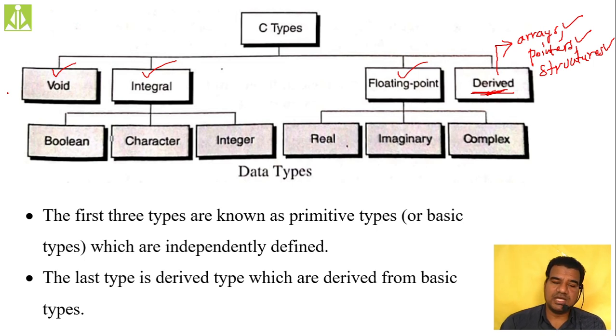Okay, so if you see the integral types, they are further divided into Boolean, character and integer. So integral types are further divided into three types: Boolean, character and integer. Your floating point types in turn are divided into real, imaginary and complex. Real type, imaginary type and complex type. Mostly out of all these types, we use void type, Boolean type, character type, integer